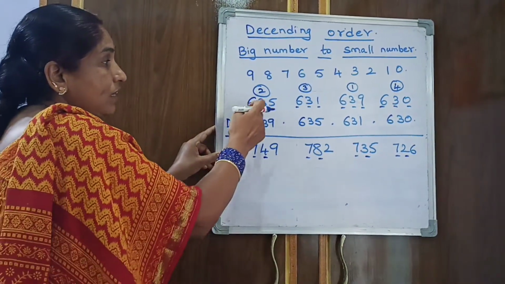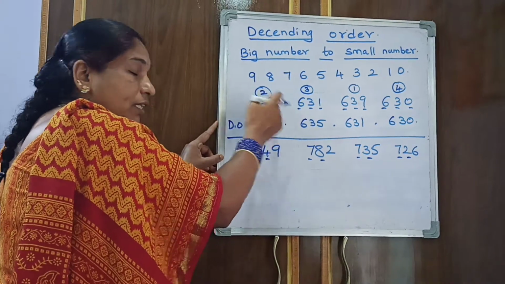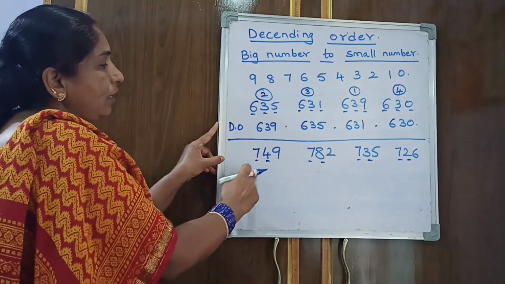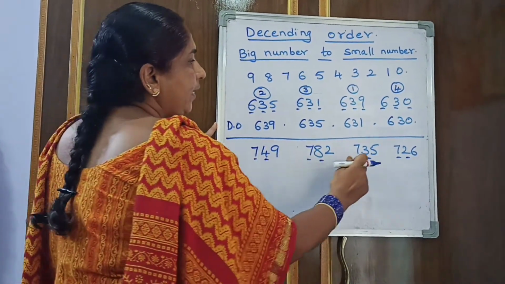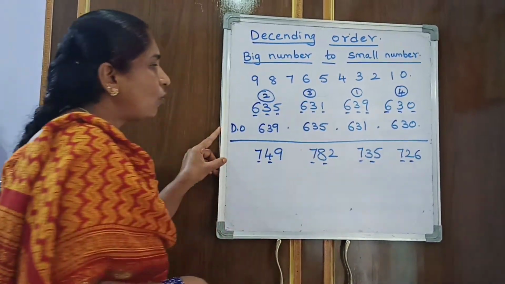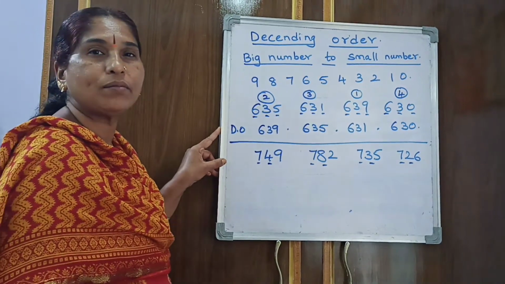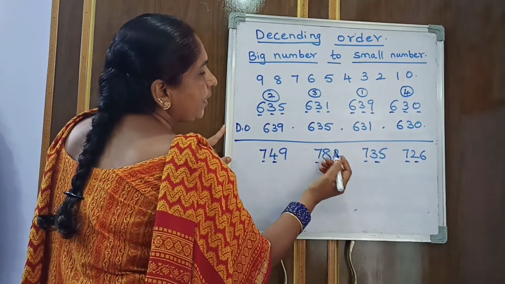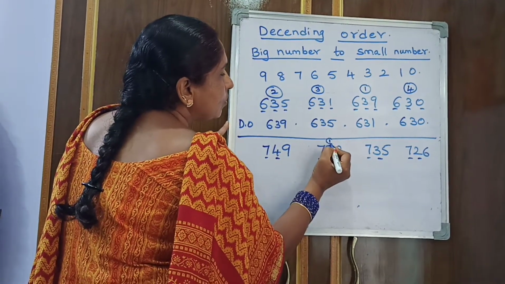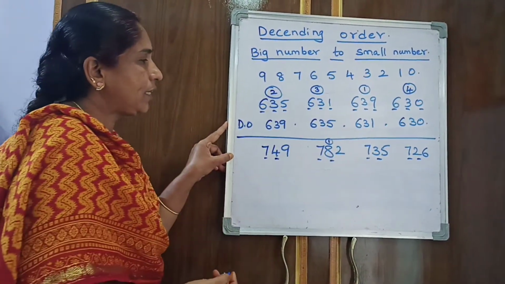See here. Here second numbers are same, so you have seen the third number. But here second numbers are different. So now 4, 8, 3, 2. Out of 4, 8, 3, 2, which is the biggest number? 8 is the biggest number. So 782 is the biggest number. So keep one and circle above